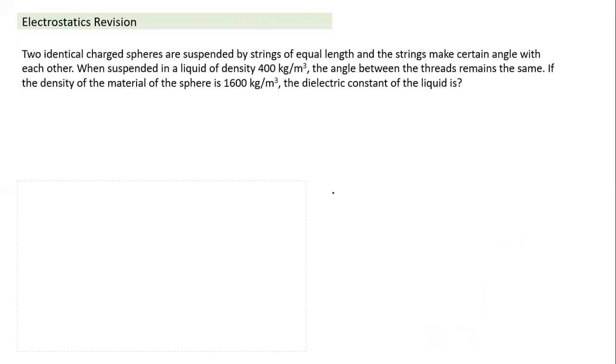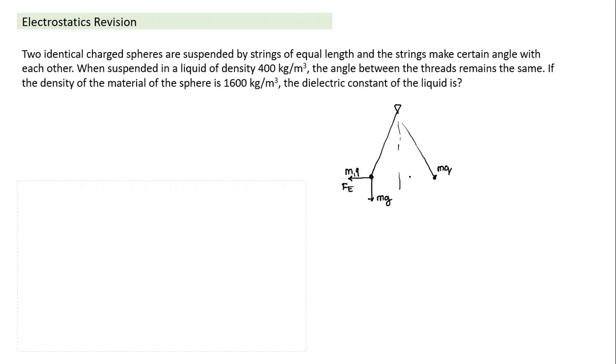Okay. Let's take another variation of the question. Two identical spheres suspended by strings of equal length make a certain angle with each other. What happens when we submerge them in liquid? So if we draw a figure, it's something like this. You have two masses here, suspended charged particles with some mass. They are identical particles, and they are making some angle here. So this is mq, and this also is mq. It is making a certain angle, and the electrostatic force is acting like this. mg is acting like this.